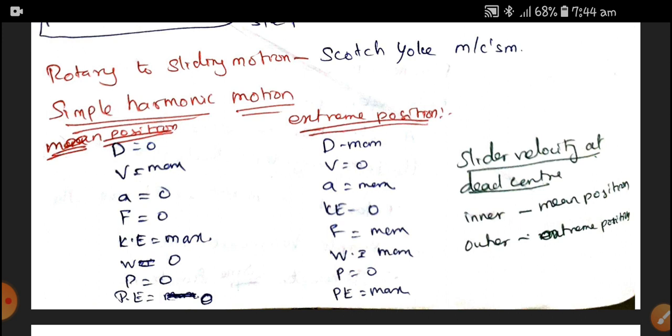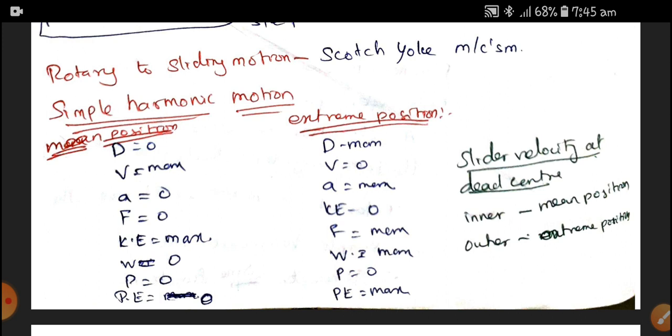And also in the quick return mechanism there is a simple harmonic motion. If the shaper runs at a very slow speed, it is having a simple harmonic motion. For this consideration, the slider velocity at the dead center, which is inner, is the mean position and outer is the extreme position for the shaping machine. In the shaping machine,